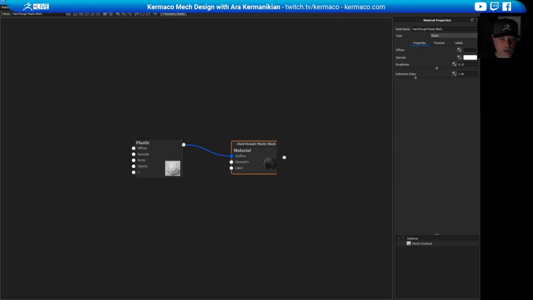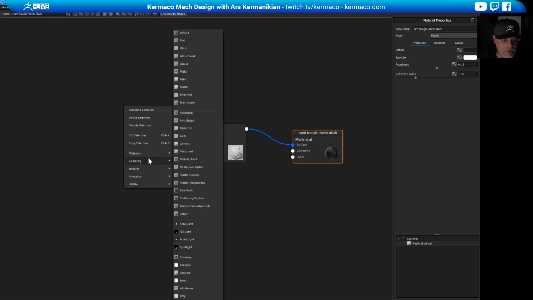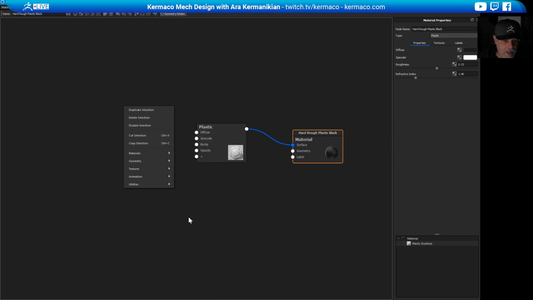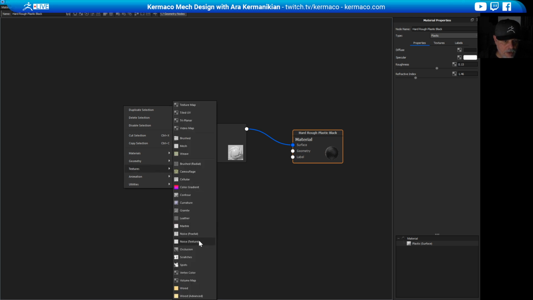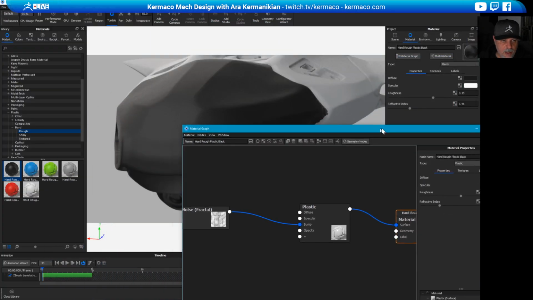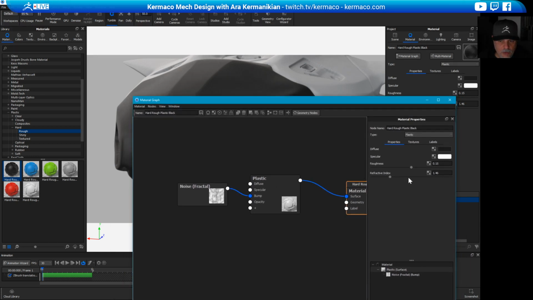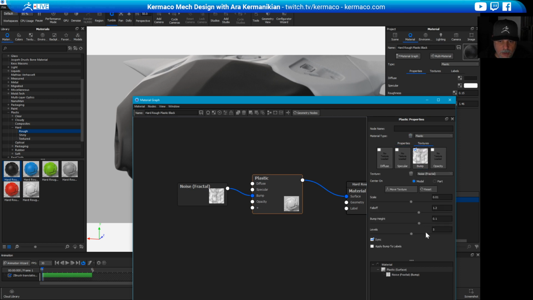Let's bring that over. Here in the material graph, what I need to do is add a texture, and I'll add a 3D noise texture to it. So here, noise, fractal. Let's add a fractal noise, and I'm going to add this to the bump. Okay, so there it is, and I'm going to move this to the side. It's barely visible, but I need to do some things to the noise. The first thing I need to do is go into my material, go to textures, go to bump, and make the bump